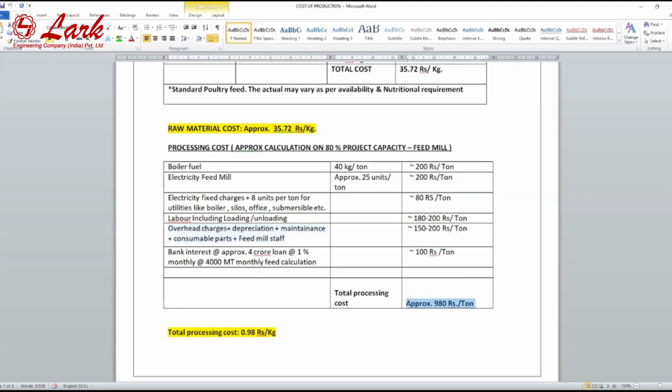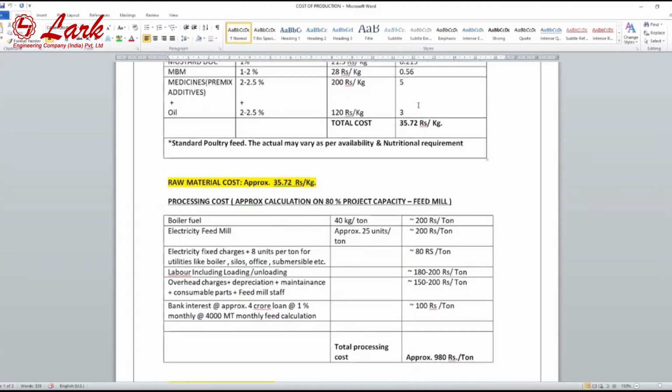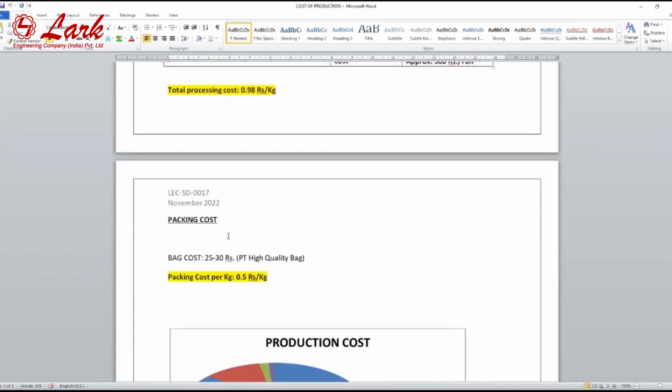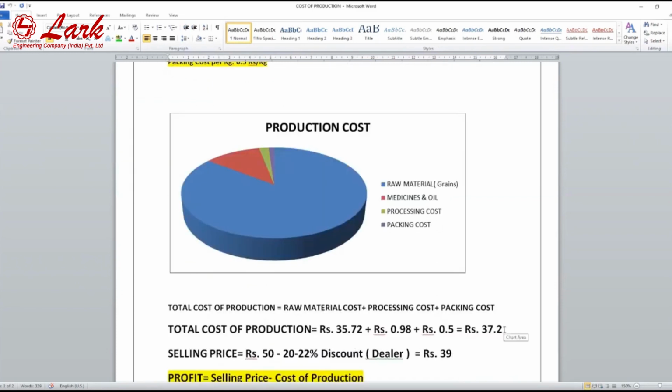तो ये सब चीज हम ऐड करेंगे तो that comes around 950 to 980 rupees per ton. That will be the total processing cost जो प्रोसेस करने के लिए, रॉ मटेरियल कॉस्ट, प्रोसेसिंग कॉस्ट, फिर इसमें आपका बैगिंग कॉस्ट आ गया। प्रिंटेड HDPE बैग, एक बैग का कॉस्ट हो सकता है 25 से 30 रुपए के आसपास है, तो वो 0.5 रुपीज पर केजी आपका ये बैग का कॉस्ट आ गया। तो जब ये सब टोटल करेंगे तो आपका ये एक कॉस्ट ऑफ प्रोड्यूसिंग